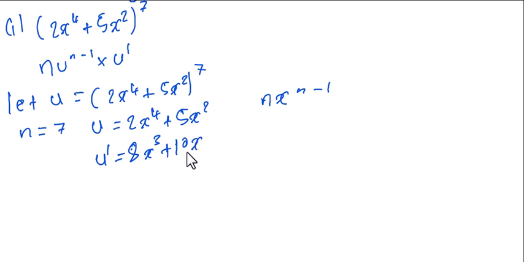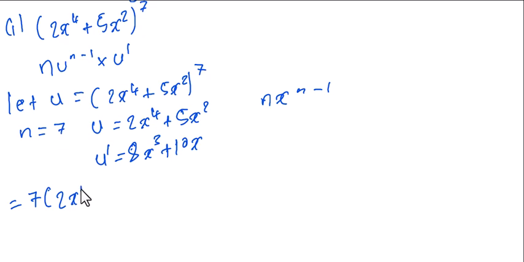Okay, so we're just going to have 10x. Since this is subtracted by 1, it's just going to be a 1, which we do not indicate. So now what are we going to do? We're going to substitute in our equation. So we're saying 7, so this is equal to 7. Okay, our equation